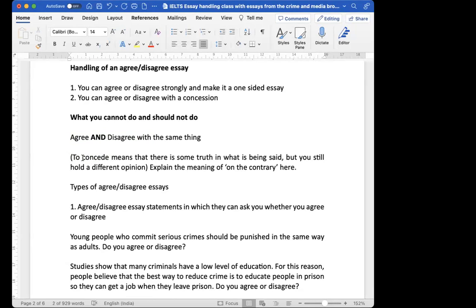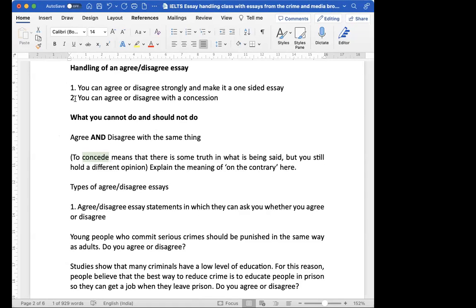You know, to concede. Supposing someone says, so-and-so teacher teaches well. Do you agree or disagree? You can say, while there are a few shortcomings in that teacher, on the whole, she teaches very well. So what have you done? You have agreed with some concession that there are certain points where the teacher can improve. But on the whole, I agree, she's a good teacher. That is agreeing with a concession. Is that clear, Balaji? You asked me, what is concession? Yes, clear.